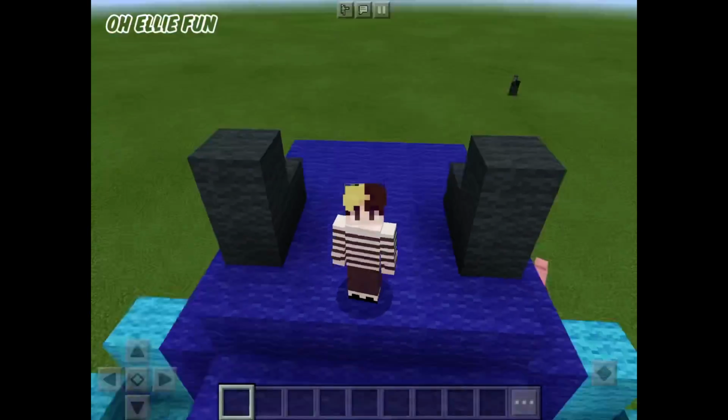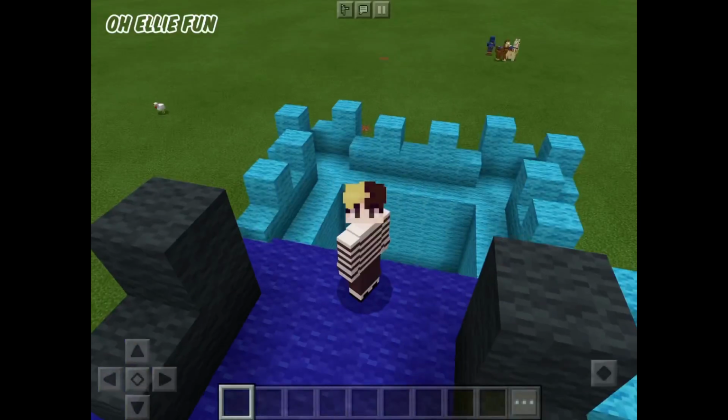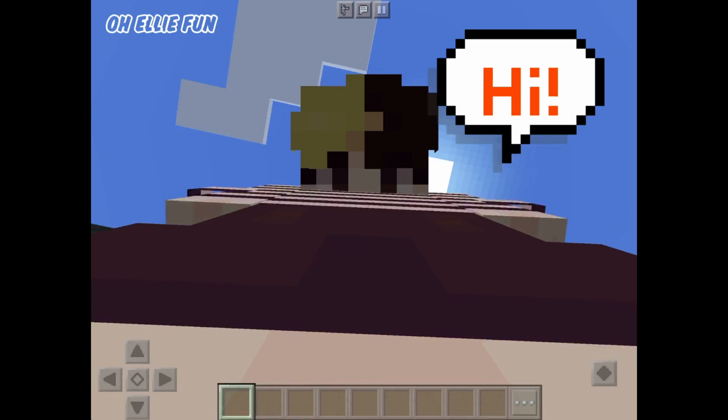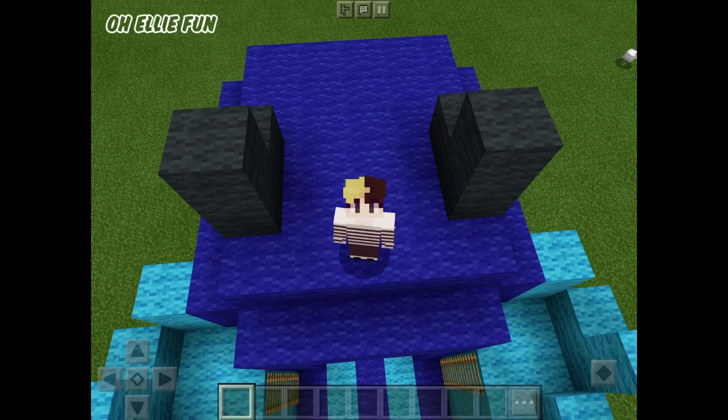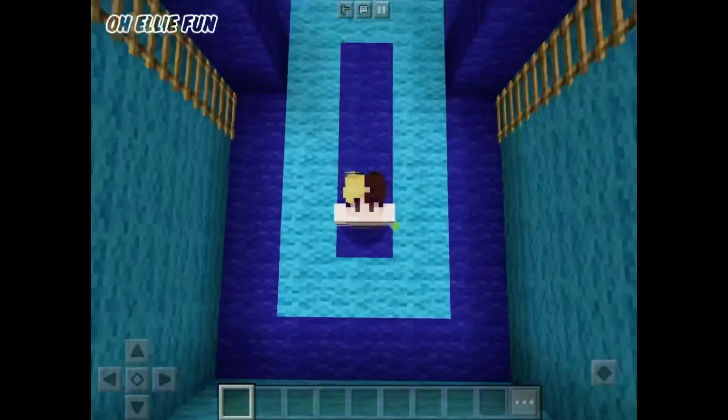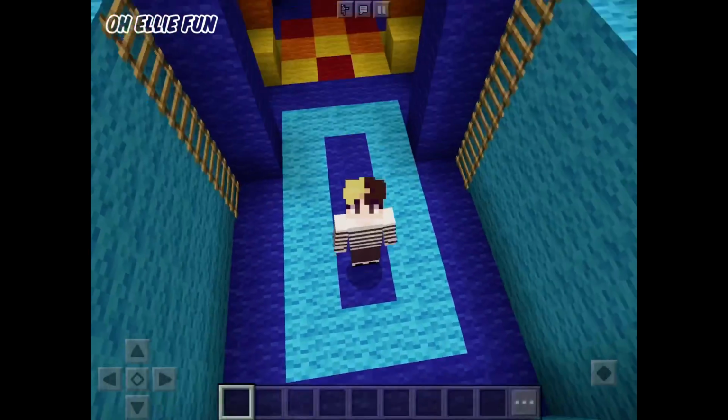This is Ellie, and today I am in Minecraft doing my first Minecraft video. You see me? I'm waving at you. Hi. And today I'm doing a build tutorial and I'm showing you guys how to make this super awesome bouncy